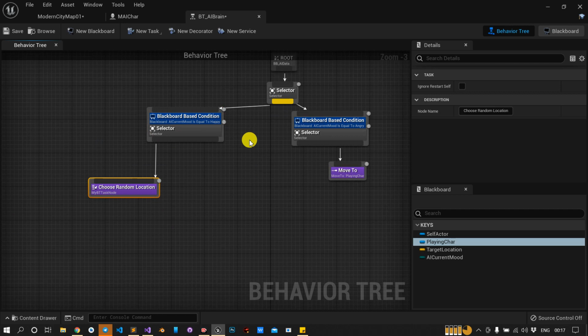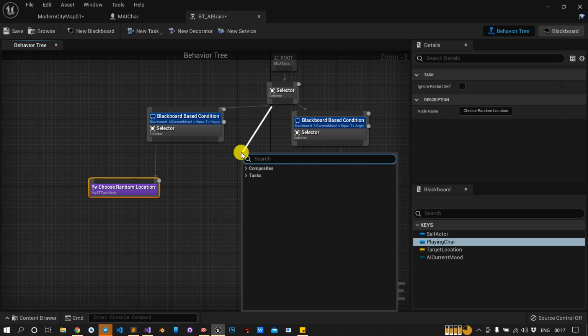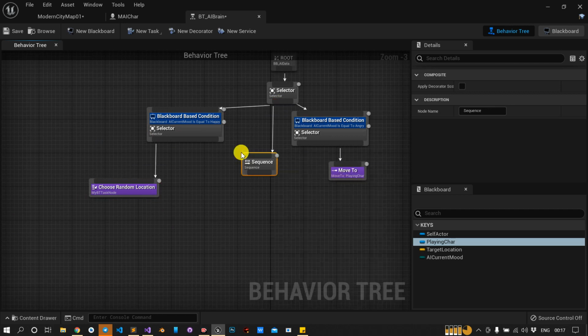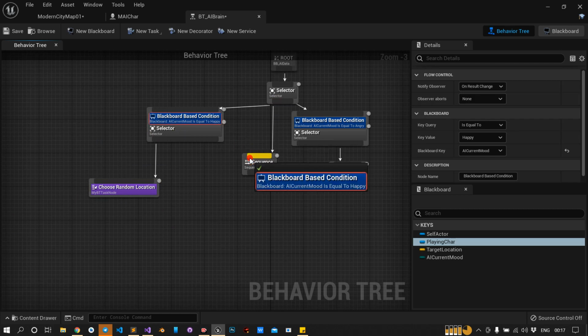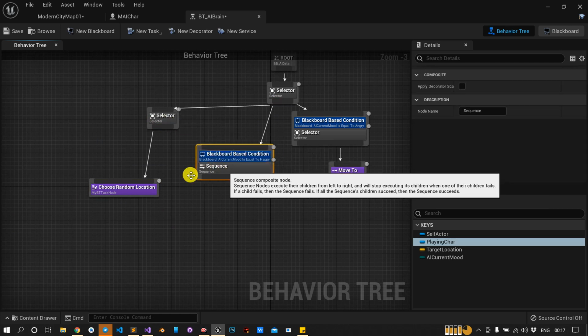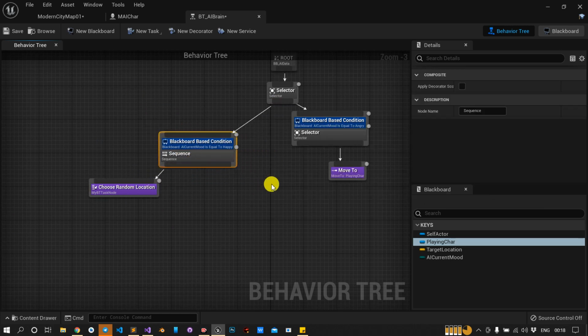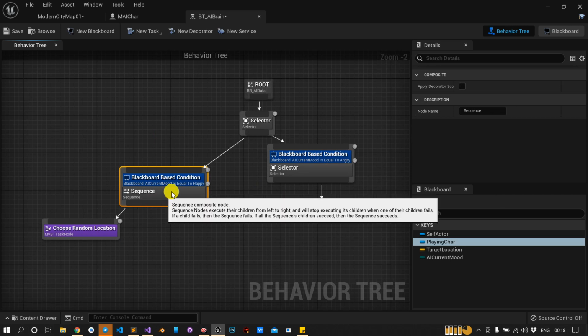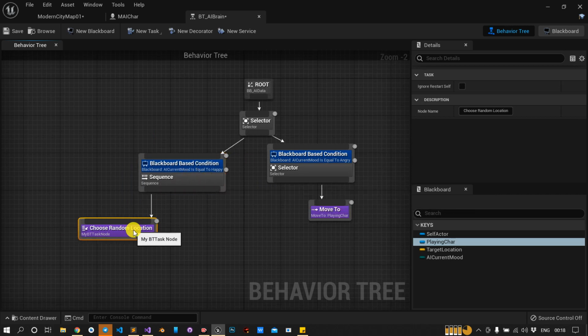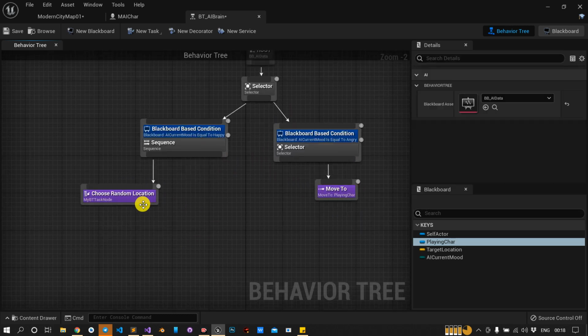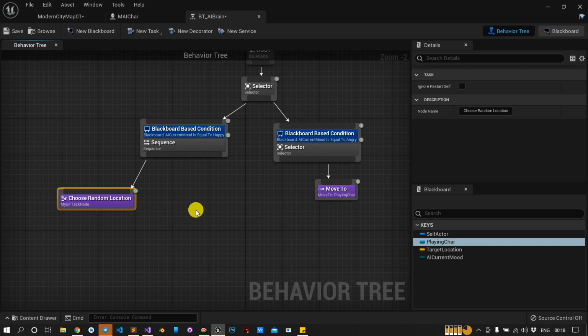So I will do a sequence. I will drag this here, do it like this, and delete this. Keep looking at these numbers, like 0, 1, 2, then this right part will come afterwards. Now I have chosen some location.